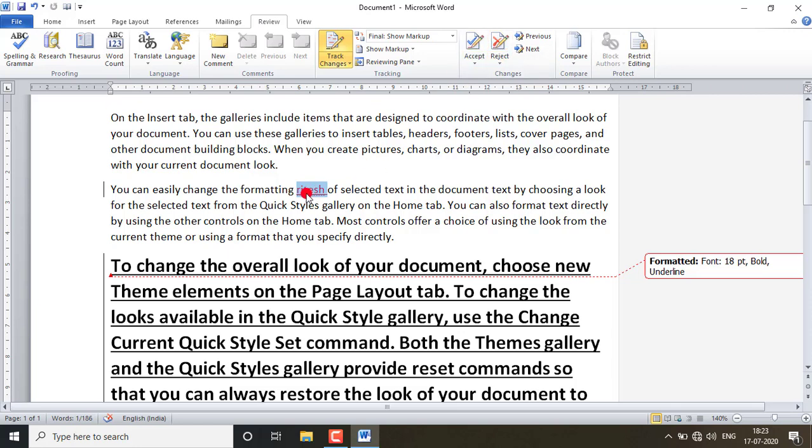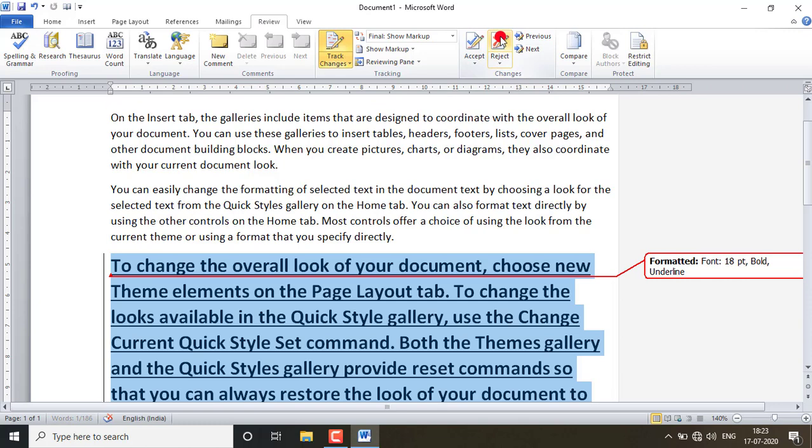If you want to display this text here, you have to select accept, meaning you are accepting the change made by anyone else. But if you say no, I want my text as it was earlier, you have to click on reject. Third one, same here. Whether you are satisfied with this formatting, then you have to click on accept. If you want your text as simple as it was, you have to click on reject. Okay, so I am clicking on accept.